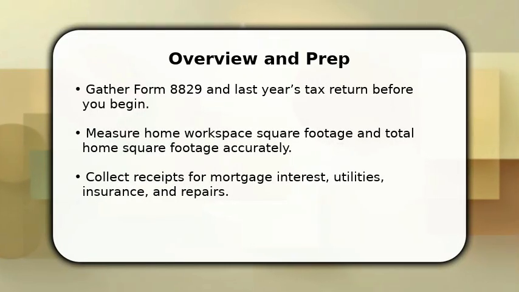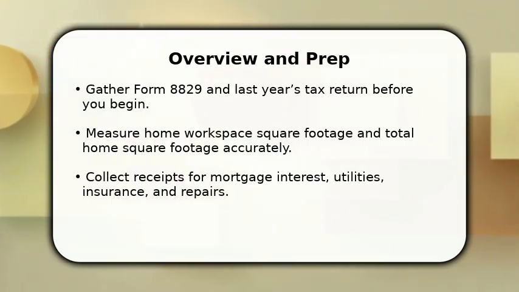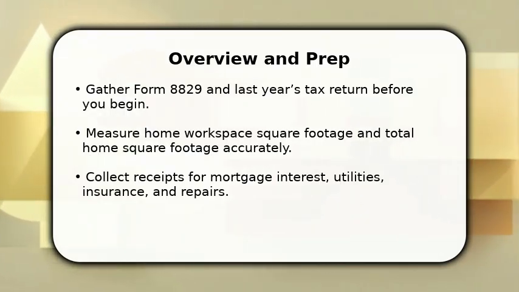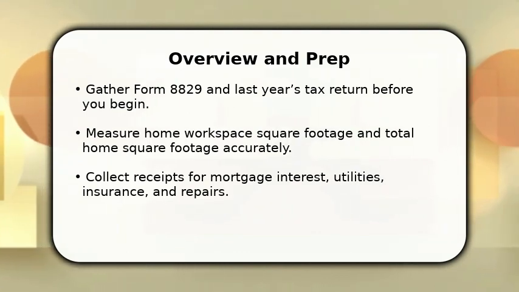In this video, I will explain how to complete Form 8829, updated. Start by gathering Form 8829, your tax return, and expense records, then measure your home office square footage precisely. I will guide you through identifying deductible home expenses, allocating them between business and personal use, and calculating the allowable business percentage. Follow along and pause when needed, so you can enter accurate numbers on each line with confidence and